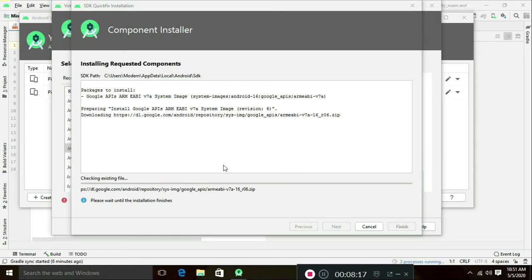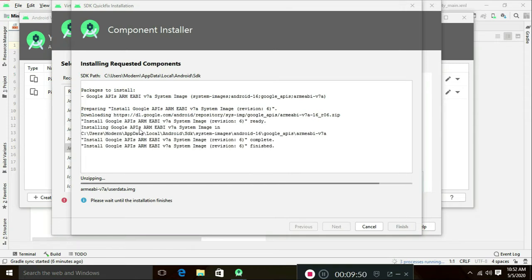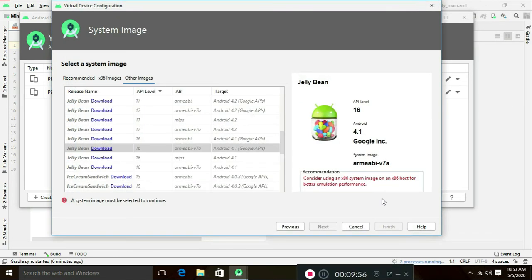Download completed. It's 90% completed. Checking existing files and unzipping the downloaded files.